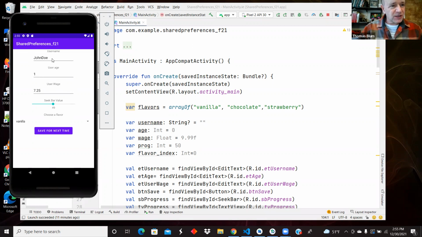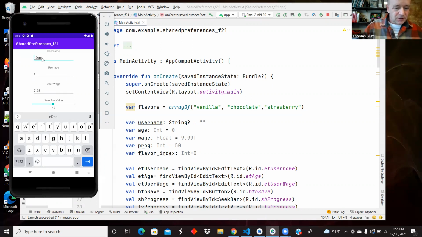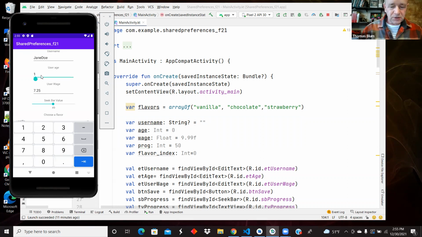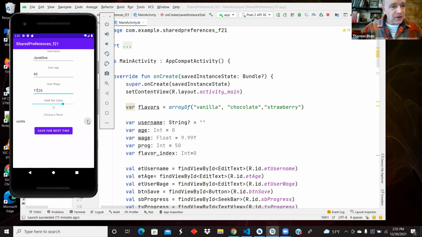But let's change some of these things. Let's make it Jane Doe now, who is, I don't know, 45 and makes $17.25 an hour. The Seekbar will now be 72. We'll choose chocolate, and then we'll say that we're going to save these values for the next time by clicking the button. Then I'm going to stop